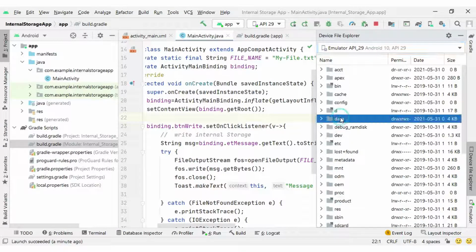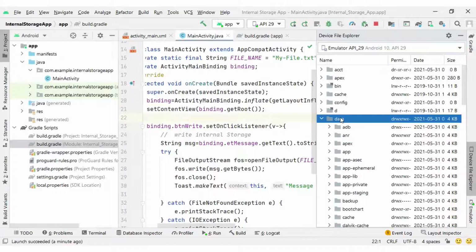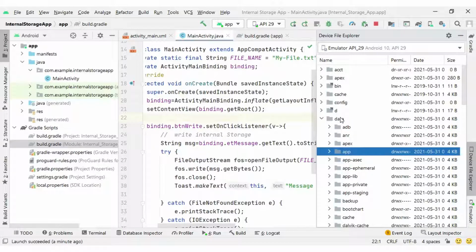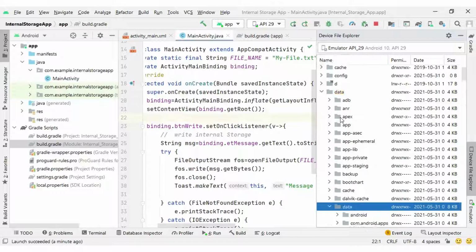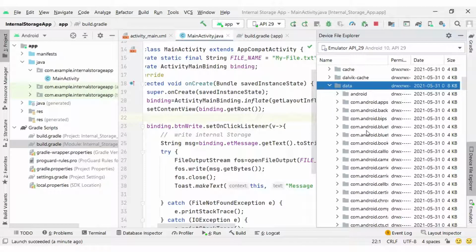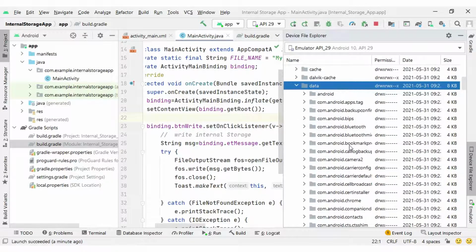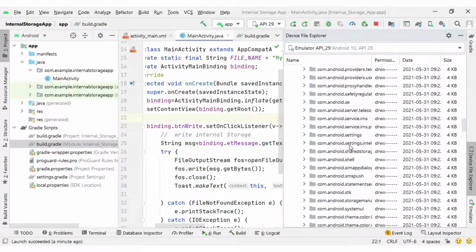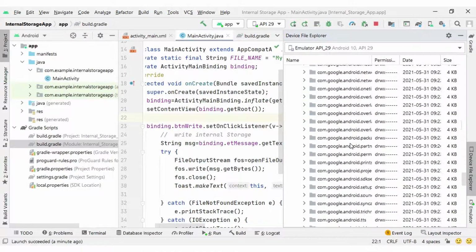Inside the emulator there are a number of files and folders. So we can go inside data, right, there is a subfolder data, and there you can find your application with your package name. Like here our package name is com example internal storage app. So accordingly I can find the com example internal storage app.